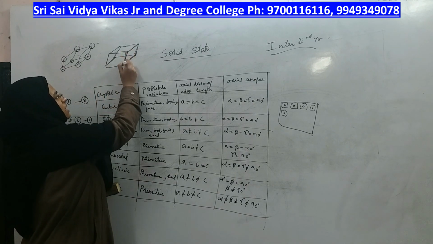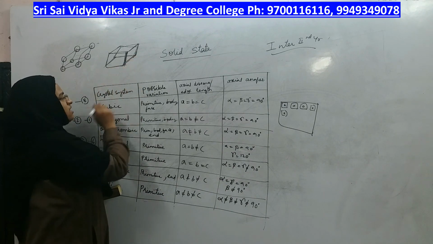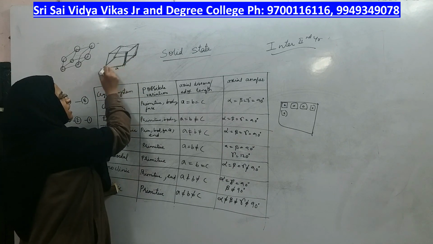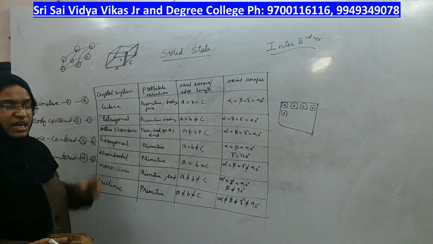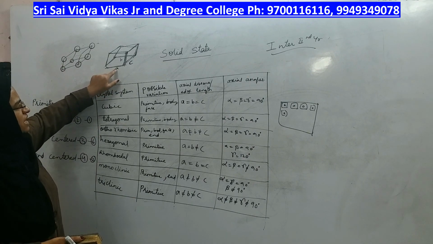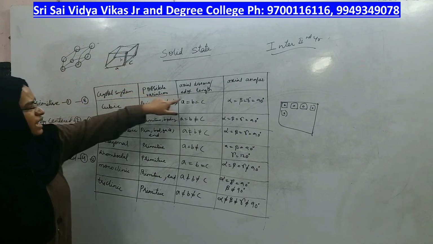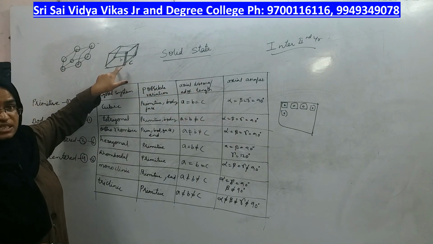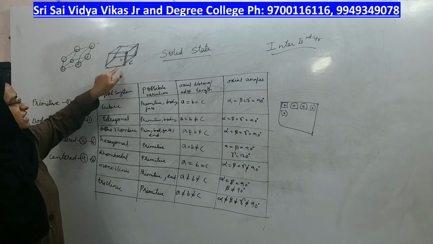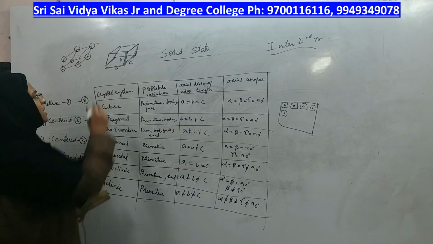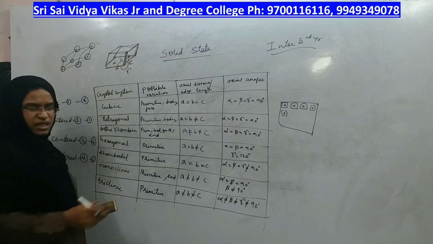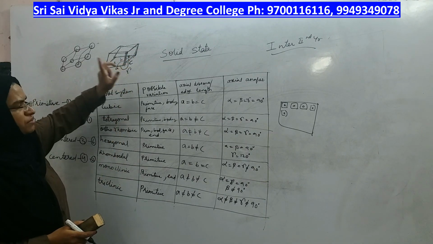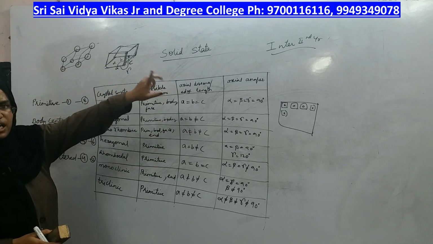Edge measurements are, if you want to take this height and this height, this is A, this is B and this is C. Height of this edge, or edge length, are these 3 edges you have: A, B and C. Length of the edges A, B and C. And angle between AB is alpha, BC is beta and CA is gamma, right? These are the angles between the edges, or axial angles, right?